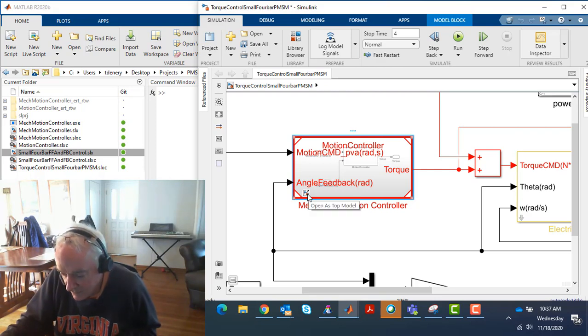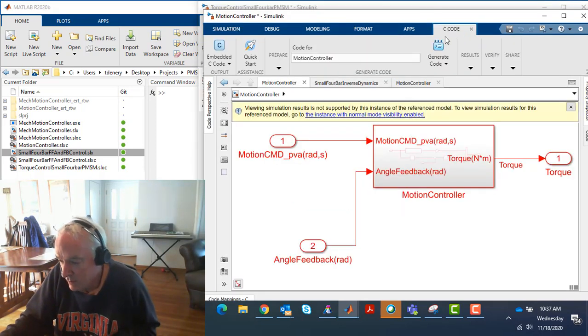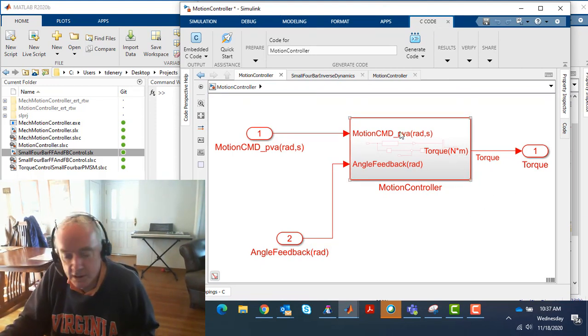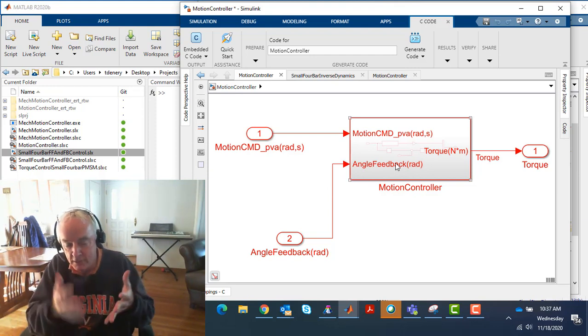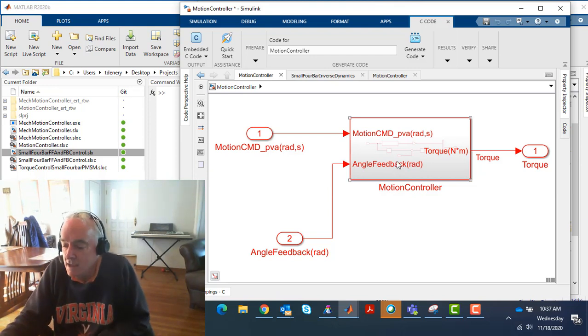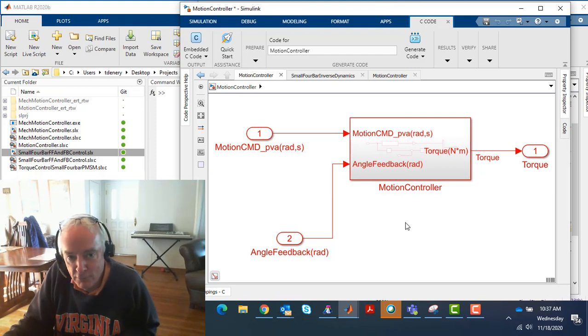What that means is I can click on this button right here, and it's going to open up a model file which contains the controller, so that this controller is participating in the overall simulation via reference to this other Simulink file. There are a lot of really great advantages to it, and I'll keep it simple, but I'll certainly say that